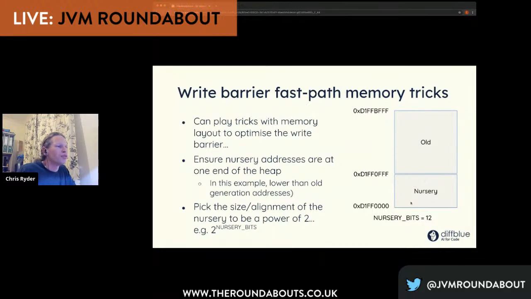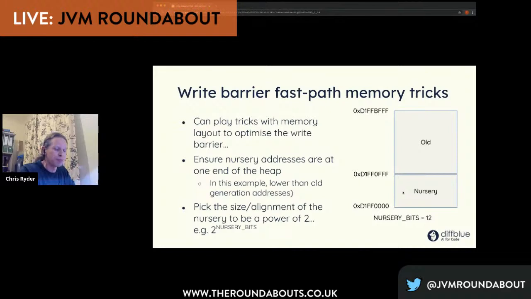And if you set your nursery to be a power of 2 size, so in this case 2 to the nursery bits, where nursery bits is 12, and you make sure that's aligned on that boundary, then effectively the lower 12 bits in this case of an address for an object cover all of the memory